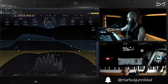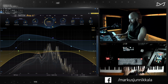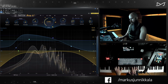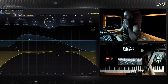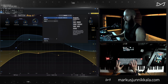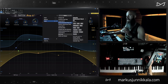Let's put it on. Yeah, it creates a beautiful sense of ambience, beautiful sense of space there. Yeah, super impressed by this. I wish, you know, I would choose the piano source sound a bit differently,